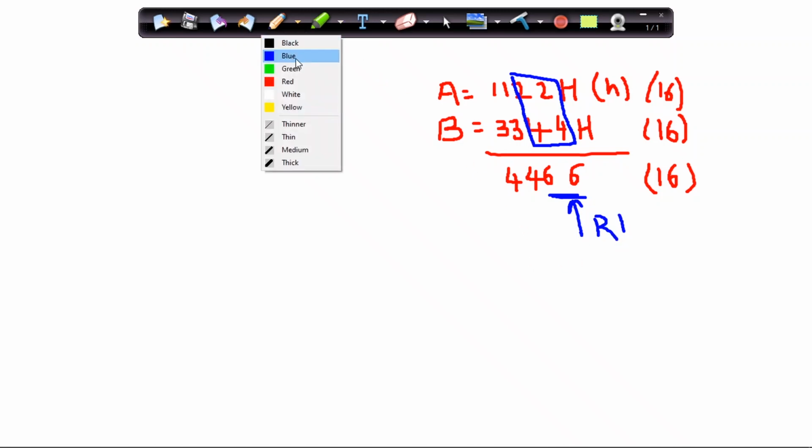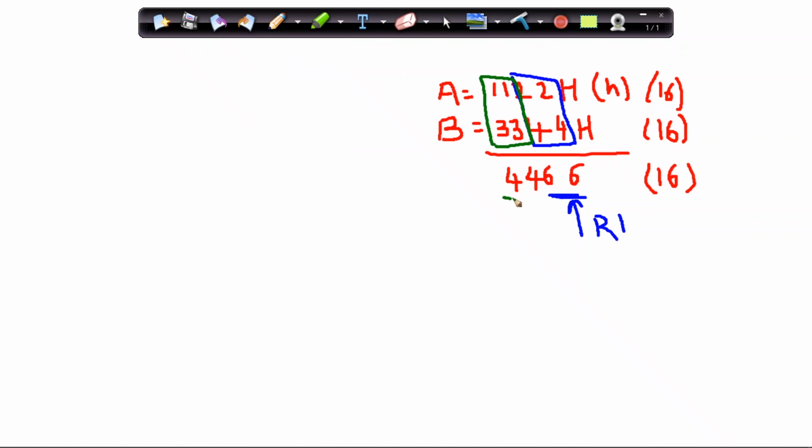Next I perform addition on the higher weights, the higher nibble, and store the result in R2, and then move these values to the destination address locations that have been given.